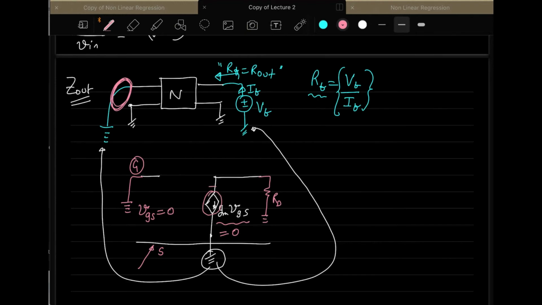It is equivalent to an open circuit, because your gm VGS is 0. And if it is 0, now what do you do? You apply a test voltage here. So if you apply a test voltage like this,